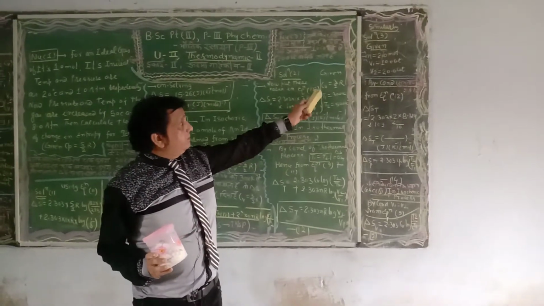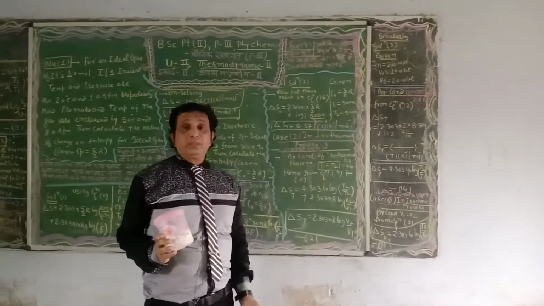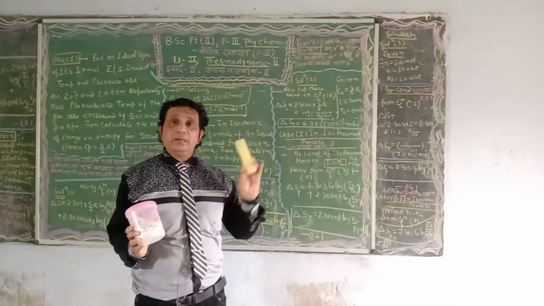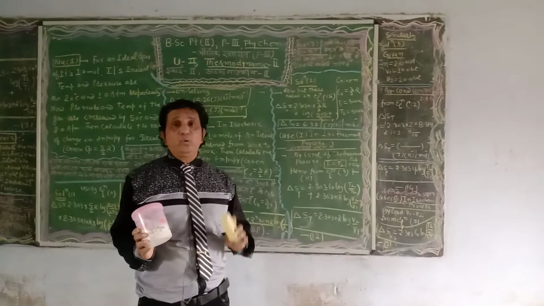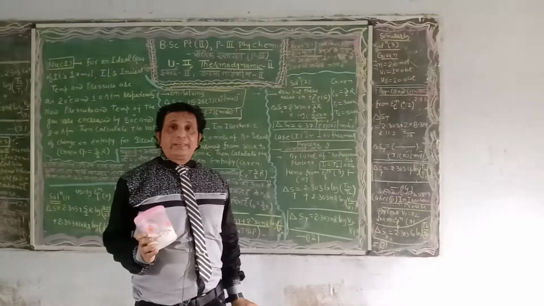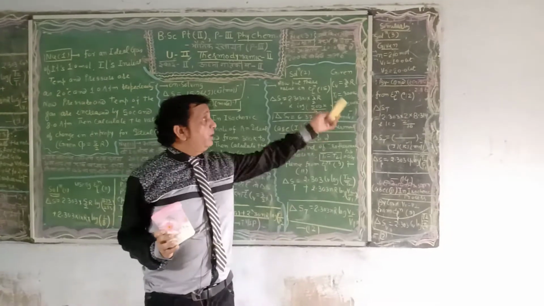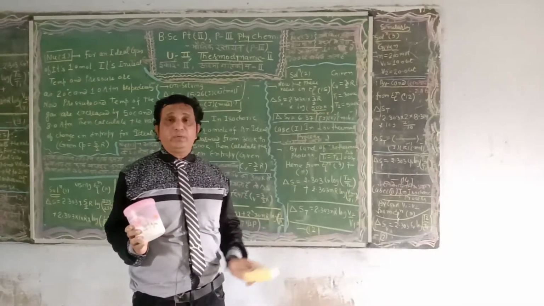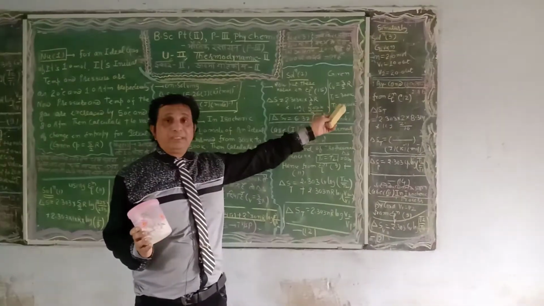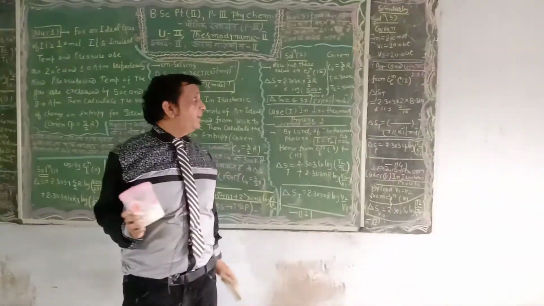According to the numerical, Cv is equal to 3/2 R, T1 is equal to 300 Kelvin. You need not add 273 because 273 is already added. You have to substitute the value of T1 equal to 300 Kelvin and T2 equal to 500 Kelvin. Students, this is a blunder mistake made in the examination. Temperatures in both T1 and T2 are already given in Kelvin. You need not add an extra 273 to the temperature here. You have to substitute directly: T1 is equal to 300 Kelvin, T2 is equal to 500 Kelvin.